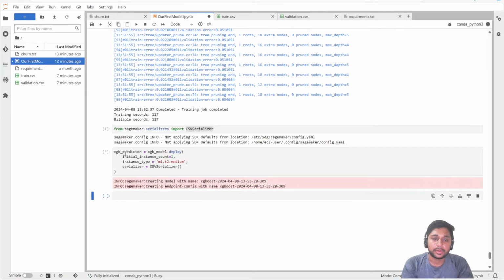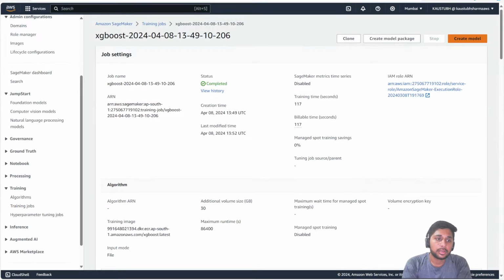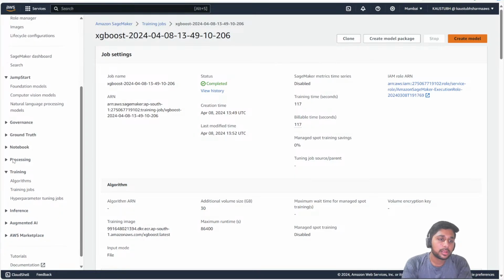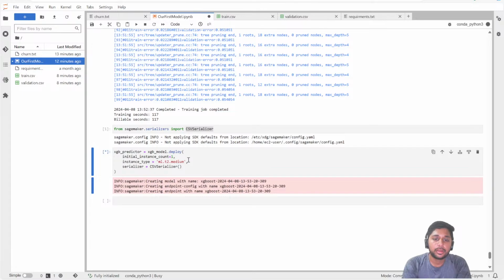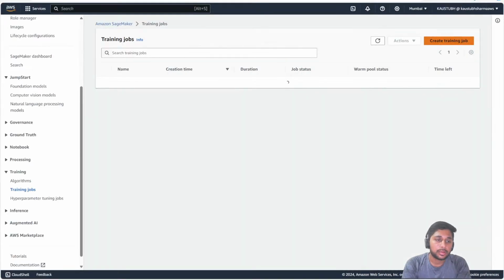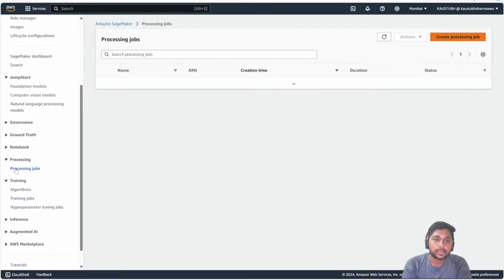So let's execute this. You can see it has created a model with this name, created this endpoint configuration. It is still in the star, that means it is still performing its operation. But you can also see that this training job has been completed for us. Now we have created the endpoint. So it should be available in the console as well. If you go to this processing job,